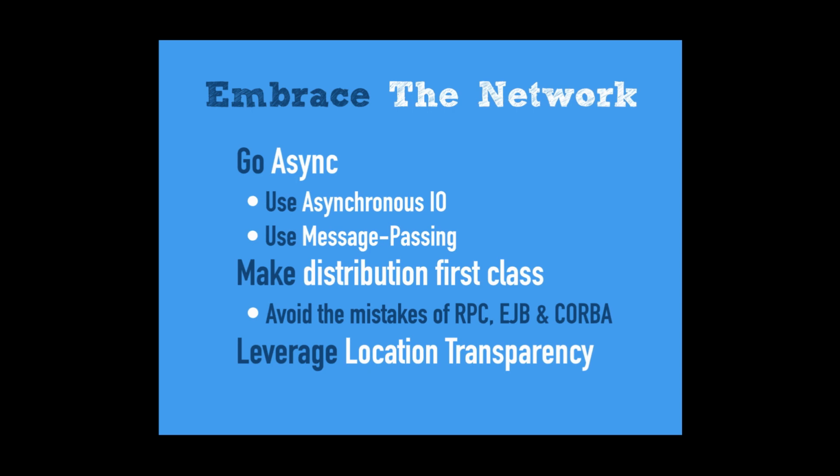Because if you hide things and don't make them explicit, then if things really start to go wrong, through partial failures, message loss, and all of these things that you can end up with, then you really have no way of managing that, because you have this shiny, nice abstraction of localness that you can't penetrate. All the ways of managing that are hidden from you. It's often better to make distribution and the network first class. For example, as done in the actor model, it's one of the reasons why I love actors, because it's really all about making distribution and concurrency first class in the programming model.